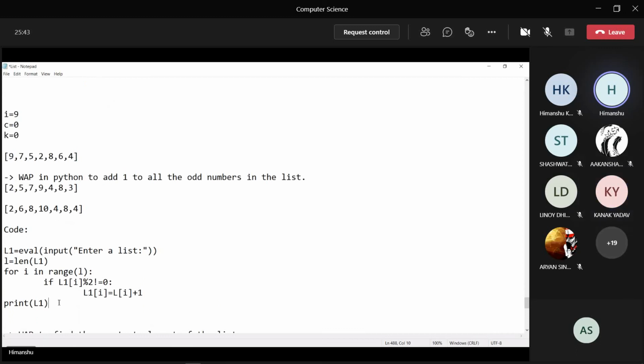This is the small code by which all the odd numbers will get added with 1. What I have done in this, instead of accessing the elements directly from the list, is I have accessed the elements using the index numbers of the list. I've already shown you that there are two methods to traverse a list. One is directly by using for i in L1, you can access the elements one by one. Second is using the range function, by which you can access the index numbers of the list one by one. So I have taken the length of the list and calculated the range. One second. Yes, sir.